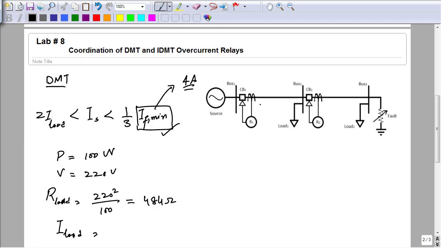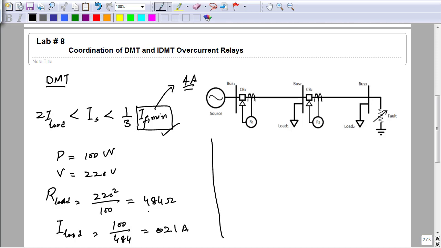For this particular experiment, the applied voltage is 100 volts, so load current will be 100 divided by 484 ohm. So that is 0.21 ampere. As we can see here in the diagram, this relay is carrying only one load current passing through it, so the load current will be 0.21 ampere.